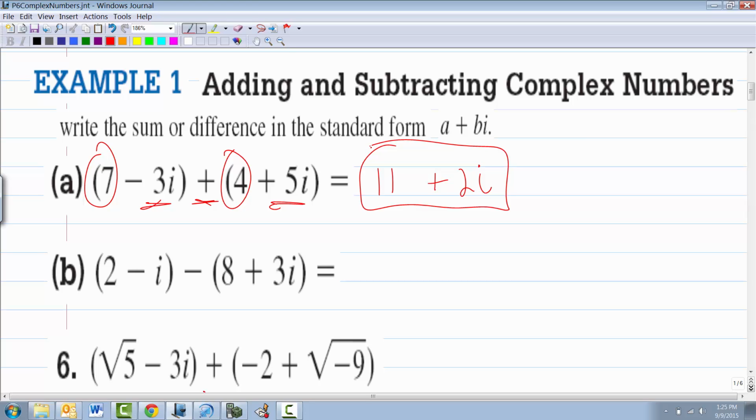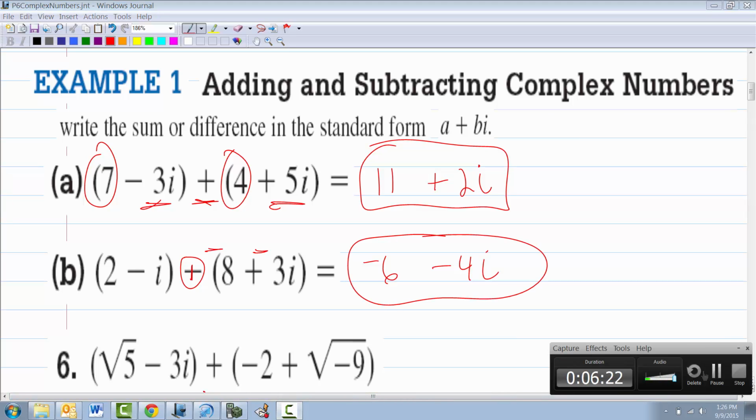So some of your homework you could have done without me. You know, I don't even remember what i is, but you could have just started looking at it and thought, oh, I know what to do. Just add like terms. And actually, in this first case, you would have been right. One of the biggest mistakes students make is not doing what with this? Distributing. And then going from there. Minus 4i.